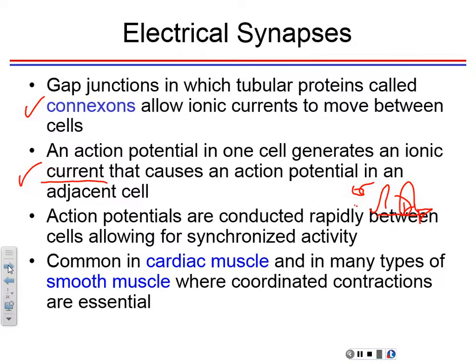Functional syncytium. So that's where the common cardiac muscle cells have those connections, and they are specialized in the heart, and they're called intercalated discs. And we'll talk a lot more about intercalated discs. Those are the specialized cell-to-cell connections in the cardiac muscle cells. And smooth muscle cells have gap junctions. All right, gap junctions. We talked about it. Remember when we talked about cell-to-cell connections? These are gap junctions. All right?